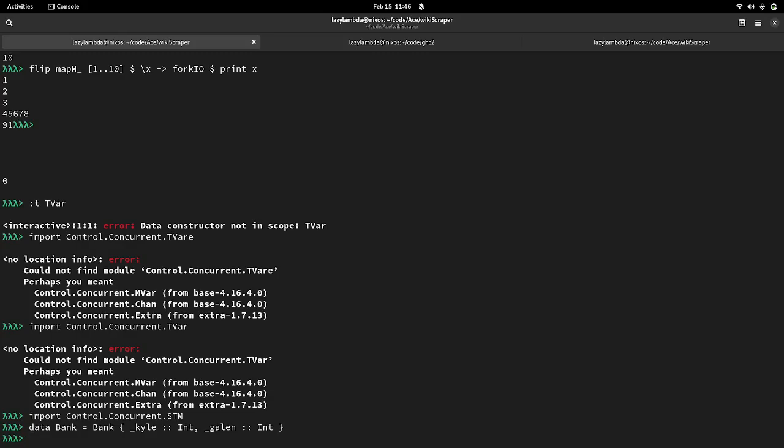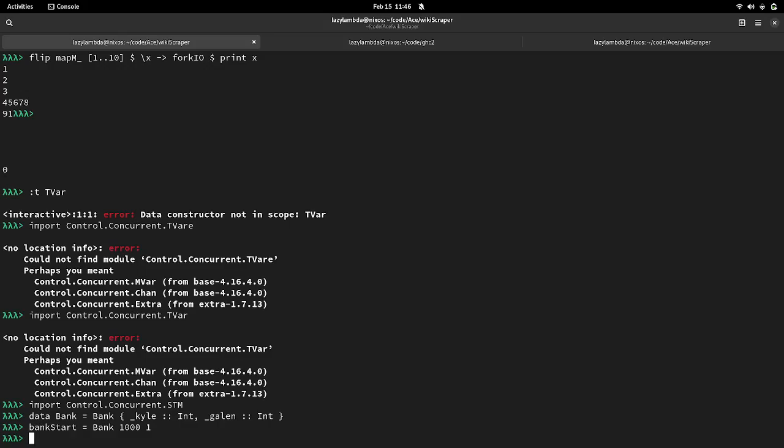So now let me make my first instance of bank. Bank start is going to be Bank, and I can define this by saying Kyle has 1,000 and I have $1. I'm thinking of the Patrick Star meme where he's like, I have $5. Maybe no one gets that reference, but